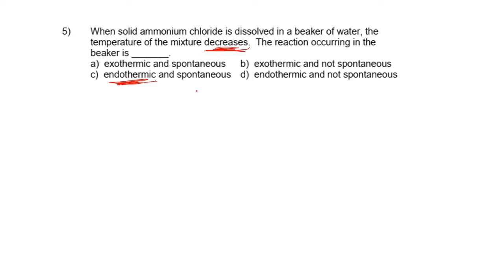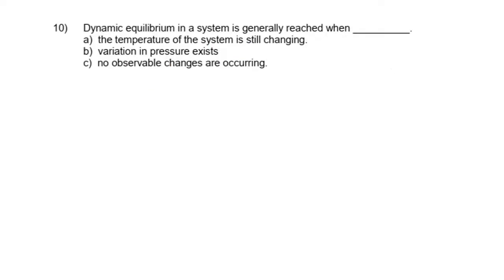And then it's going to be spontaneous. How do we know it's spontaneous? Because we didn't have to do anything to get the reaction to occur. Once we combine those substances, they reacted. All right? So that's how we know it's spontaneous. You don't have to do anything to get the substances to react with each other. Once they're in contact with each other, they react.